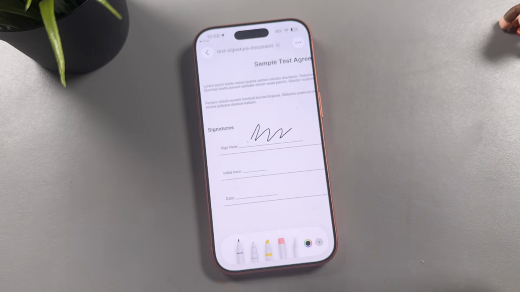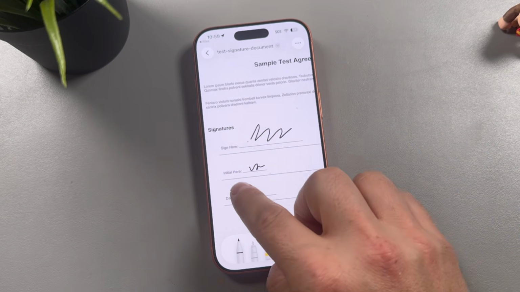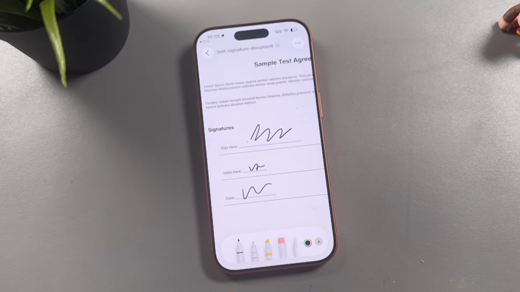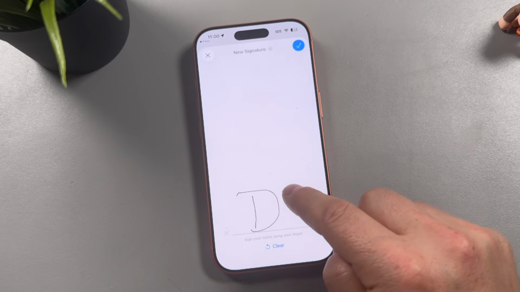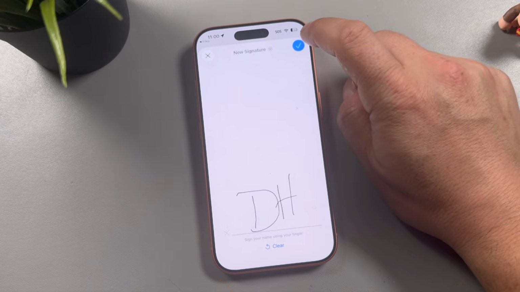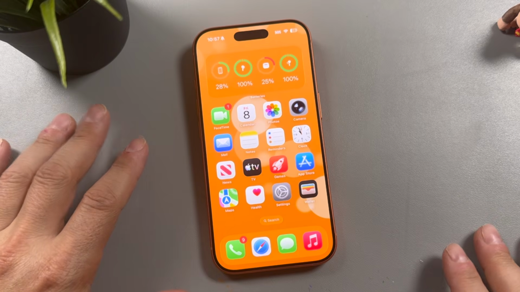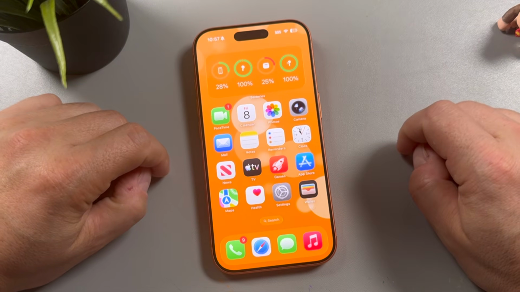If you're trying to figure out how to sign documents on iPhone or how to sign a PDF on the iPhone, I'll show you exactly how to electronically sign using the iPhone markup tool so you can sign any documents in seconds. No apps needed, everything is right on your phone. Let's get started. All right, so there's a lot of ways that you can actually sign documents on the iPhone,